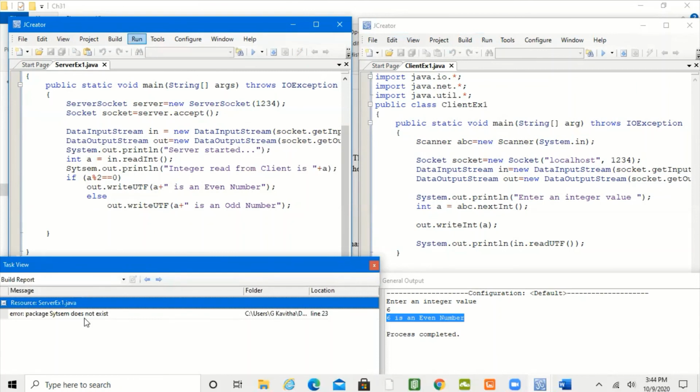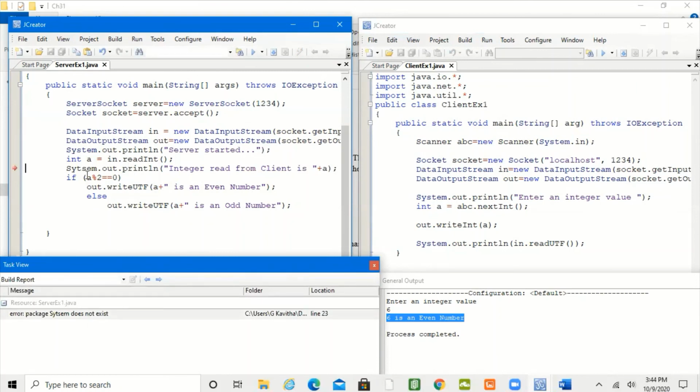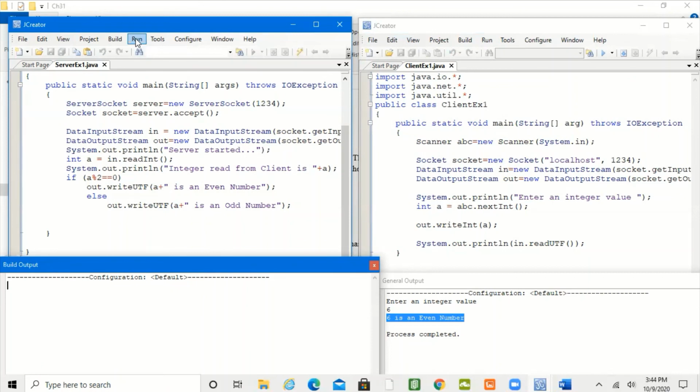We can understand. Okay, just a second. Spelling mistake. System. So first you run the server program.